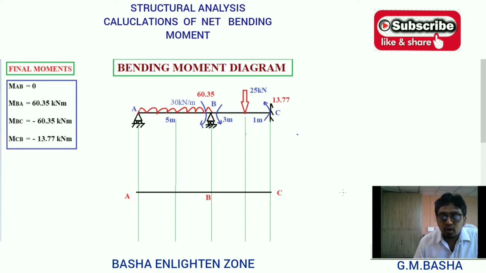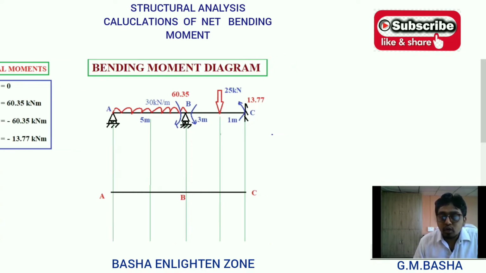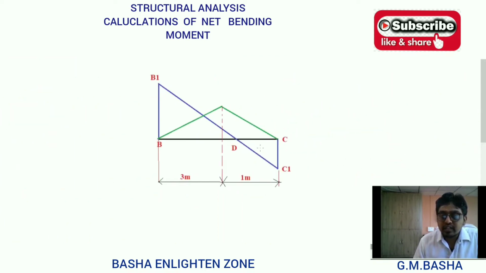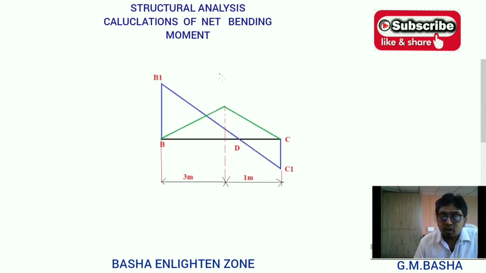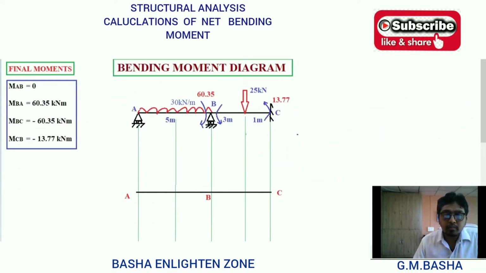Therefore, while drawing the fixed bending moment diagram, you will get two similar triangles. At the same time, there will be an eccentric load given in that particular span. So calculation of the net bending moment values exactly under the load will be a difficult task in this type of problem. So in this lecture, I would like to show how to calculate the net bending moment values while two opposite triangles are in the bending moment diagram. So move to the problem.